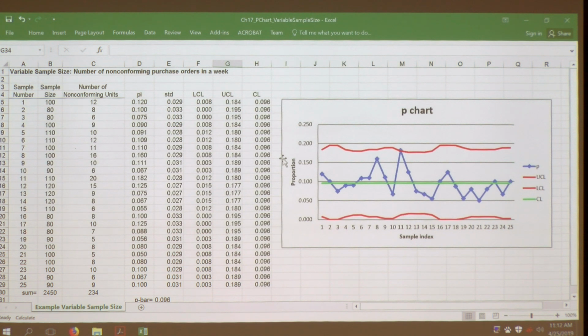And the batch size may be different too. So that's why, when you take the sample, you could take a different number of samples. And this is the number of non-conforming units. This one is monitoring the number of non-conforming purchase orders in a week. So we got a pi, which is this one divided by sample size. And then you got a p bar. Based on the p bar, we can have the center line. Center line is my p bar,